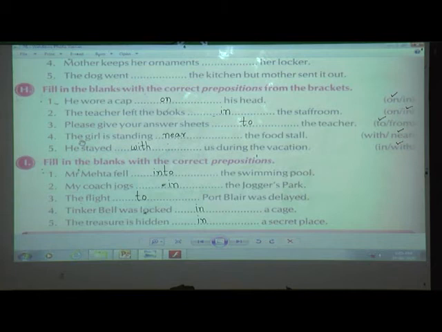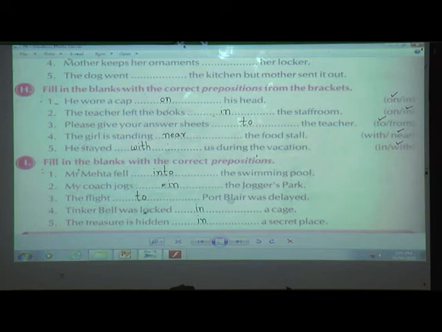Done? And in this way we have finished with our lesson, that is preposition, lesson number 22. So I have done two parts. In part 1 we have seen some of the prepositions, and today which prepositions we have seen, students? Yes, we have seen from, to, for, on, over, under, below, above. Then in, into, out of. And then we have solved all the exercises also.